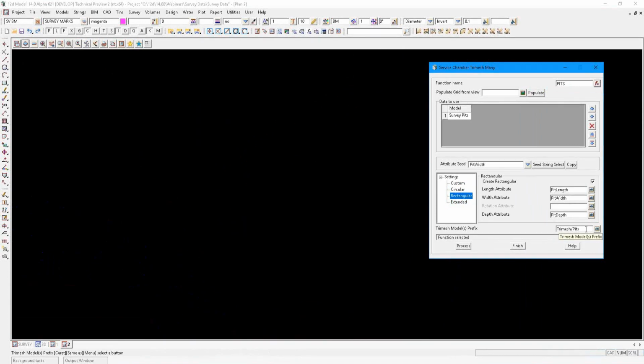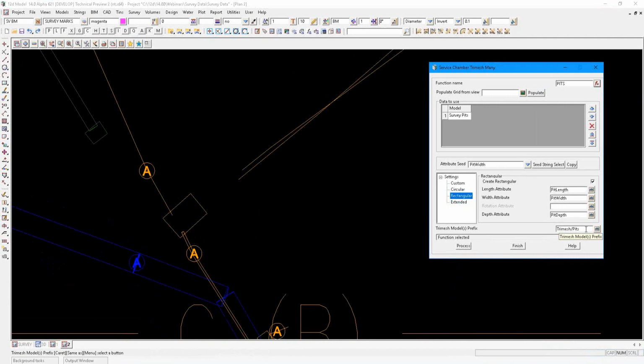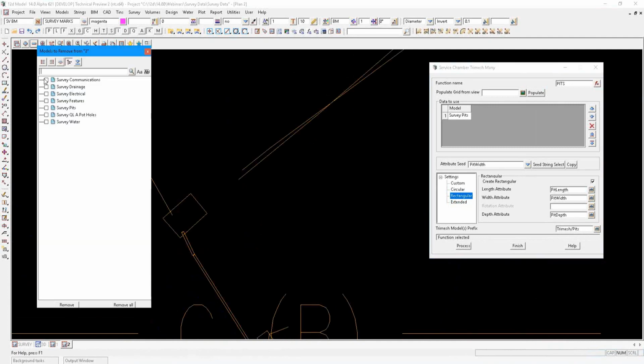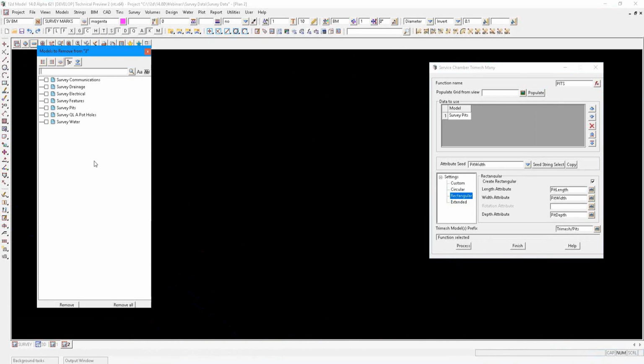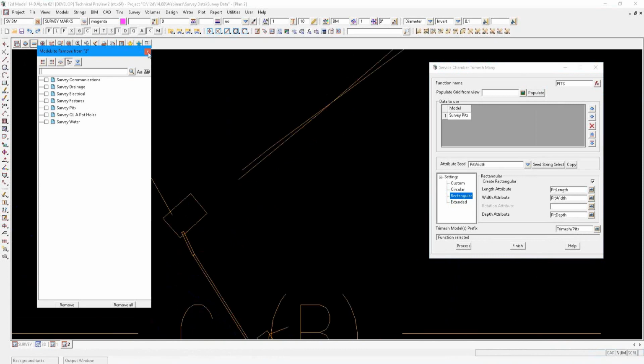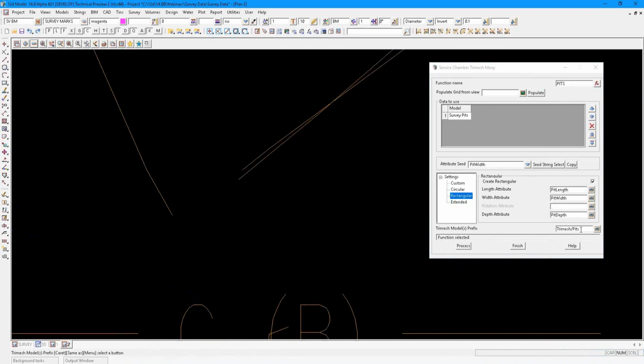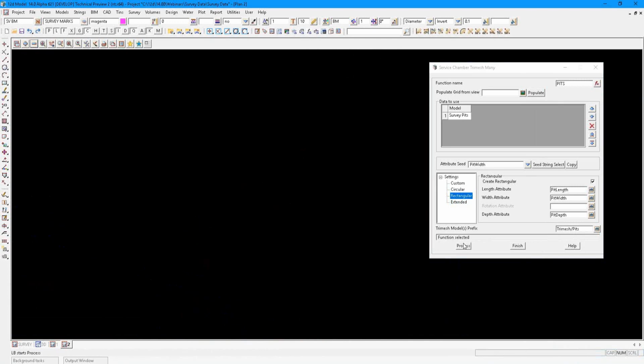Now this is only possible with the / in V14 if you're using model tree. When you're using model tree, you get a folder structure where you can actually have groups in your model names. So I'm going to put mine under a model called trimesh pits, and then it will put the model name of these survey pits on the end. So if I hit process,